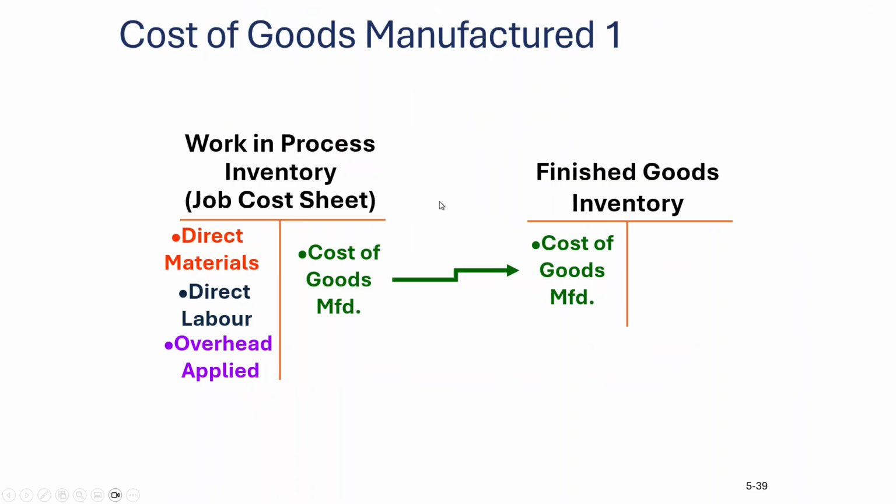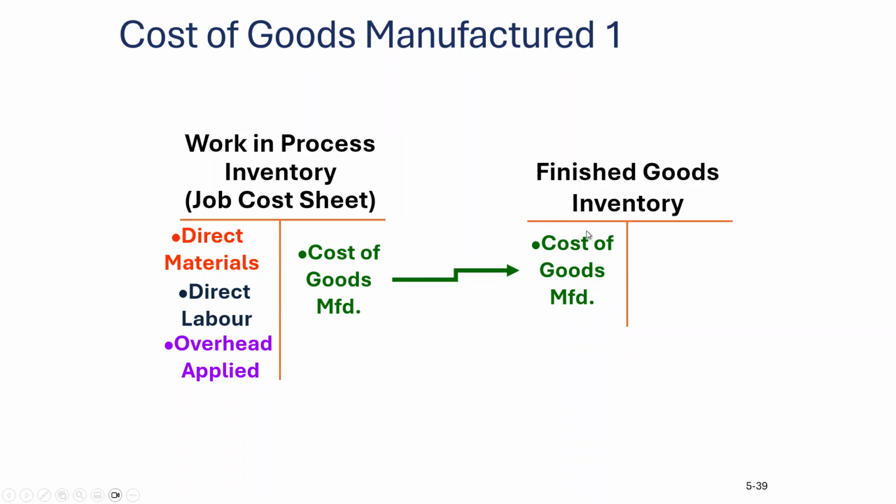Now, what happens once the job is complete? So we keep adding the job cost: material, labor, and overhead. Once the job is complete, we need to close this account to zero as well. So in that case, once the job is completed, this is the total cost of goods manufactured for that job. Now once the cost is completed, you have to transfer it from here into your finished goods. Okay, so to do that, you're going to credit your WIP account and